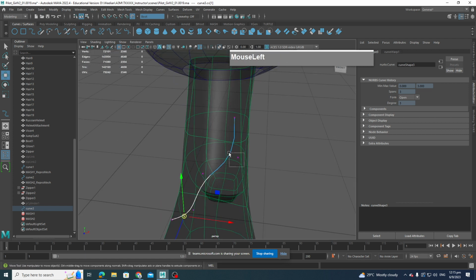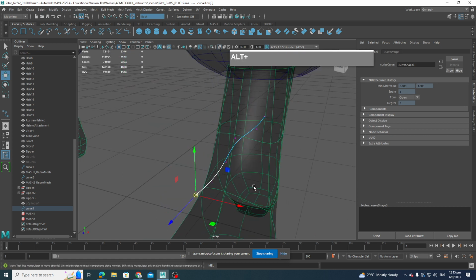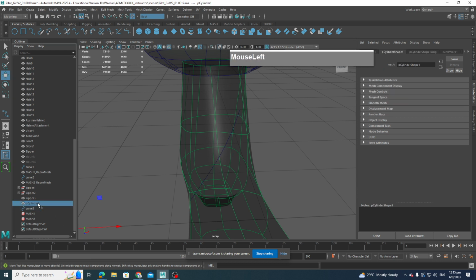Okay, so you can see one of the laces is being formed. Actually, now that I think of it, I think my curve already has too many segments. I should create a curve that has fewer segments so that it's easier to manipulate. The good thing about this is that because the cylinder is being deformed, if I change my mind on the diameter of the cylinder, which I'm going to unhide now,